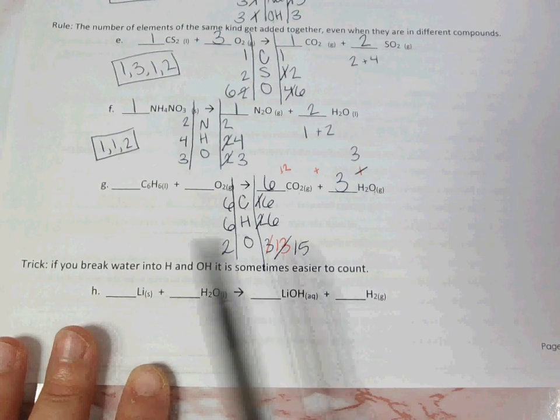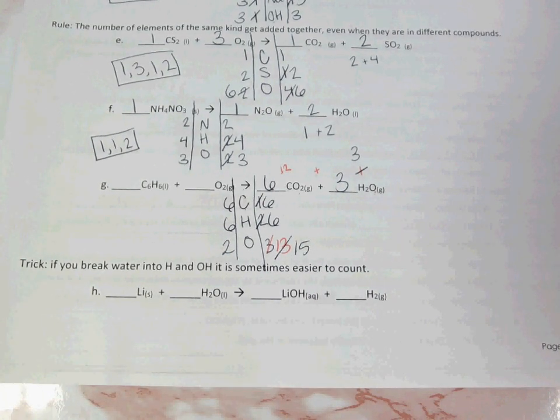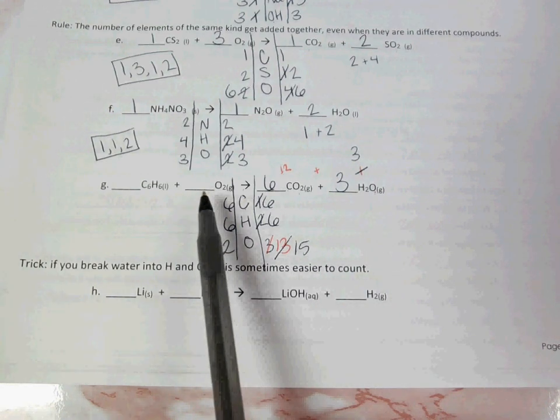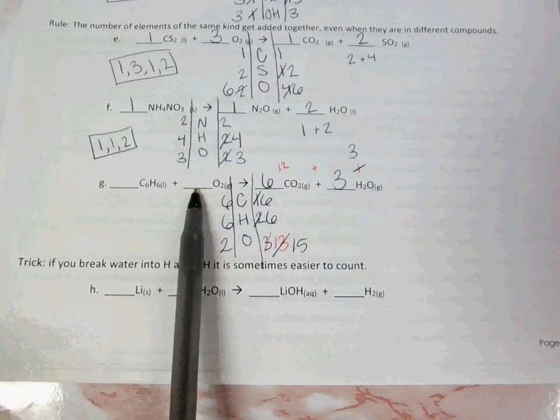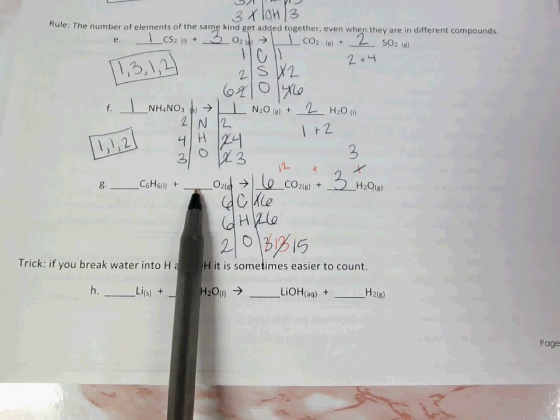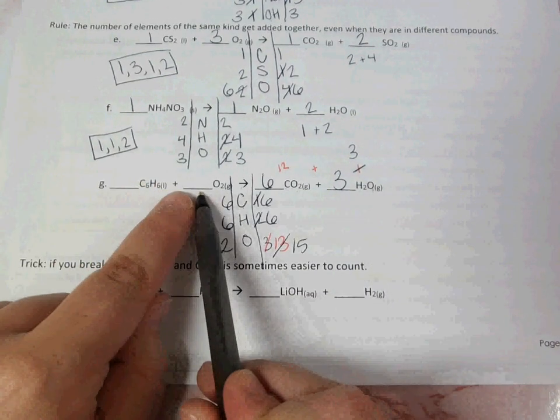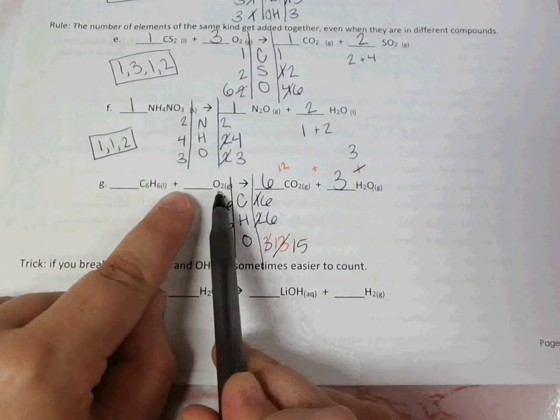Or, what I like to do is temporarily use a decimal point to get your numbers perfect and then get rid of your decimal at the end. So, what I mean by that is, what coefficient could I put here to get these numbers to equal each other if the coefficient did not have to be a whole number? 7.5. So, 7.5 is half of 15, so when I multiply 7.5